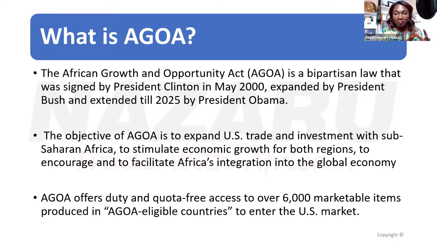And under AGOA, about 6,000 products are eligible. There are also what we call the AGOA eligible countries because it's being monitored. Some countries lose that benefit if they don't align with some US rules. But again, it's still quite substantial, the number of countries that are still AGOA eligible. So this is a policy. There's another class I teach called Trade and Investment Facilitation. One of the things I try to explain to people is that policy supports trade, particularly internationally.